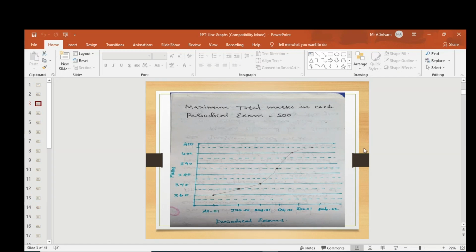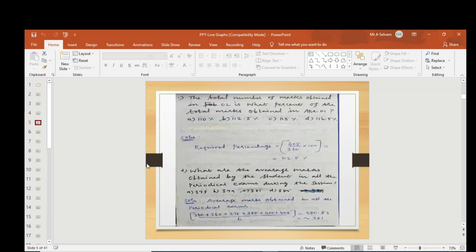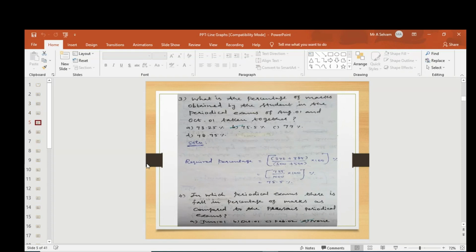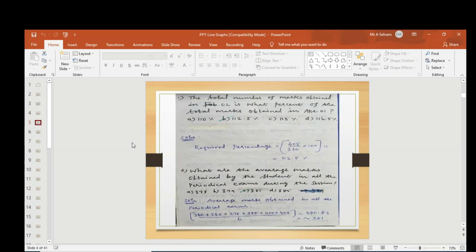Sir, how are you marking the 2001 and 2002 years on the graph, sir? Suppose from August to October they have given, you will mark 2001 and 2003, 2004 in the graph, no, sir. By 370, by 380, how will you mark it, sir? For example, 2001 means in the graph, how do we want to plot, sir? Any example, sir?